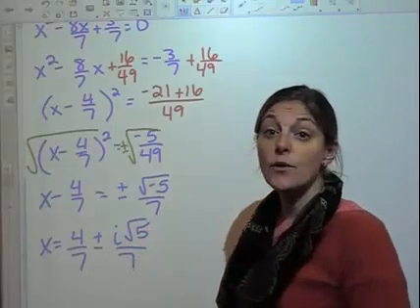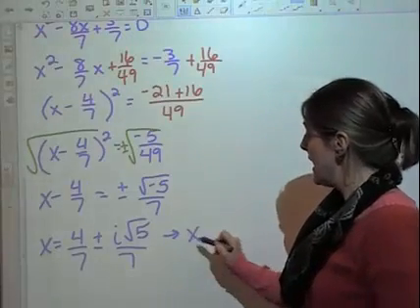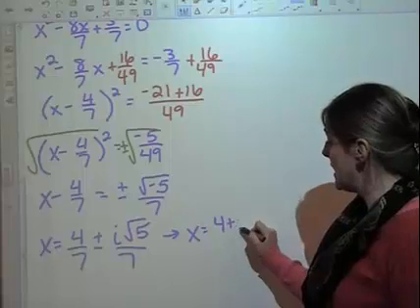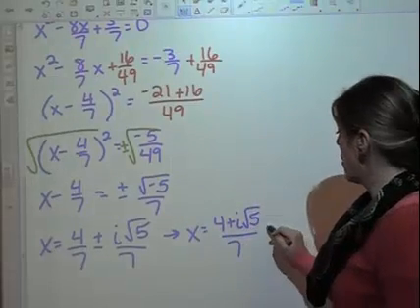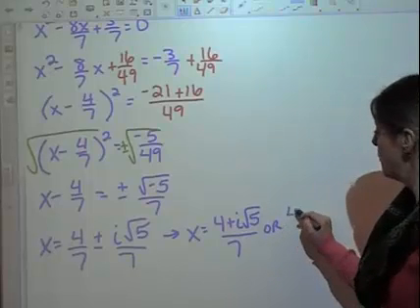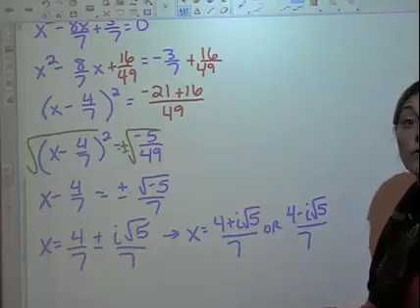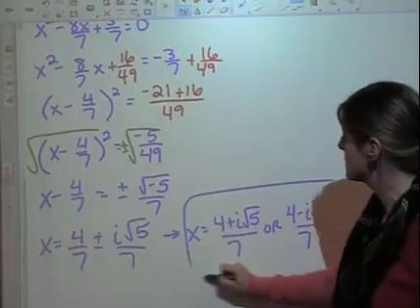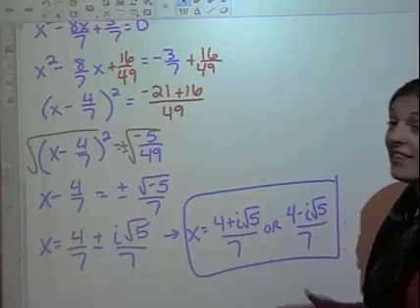All right, so I would write the answer like this. x equals 4 plus i square root of 5 all over 7, or 4 minus i square root of 5 all over 7. That way we remember that there are two answers to this problem. And that is how you complete